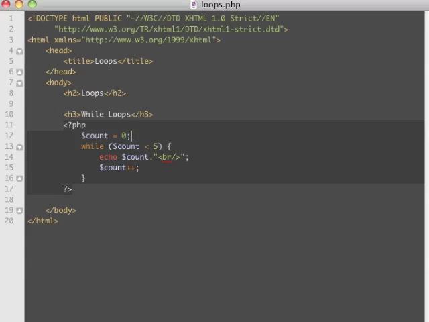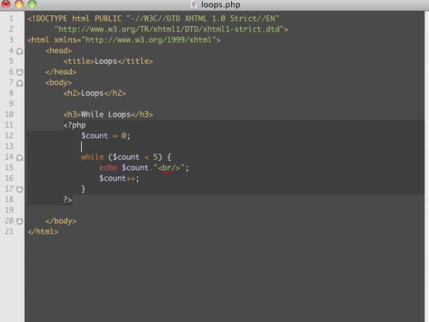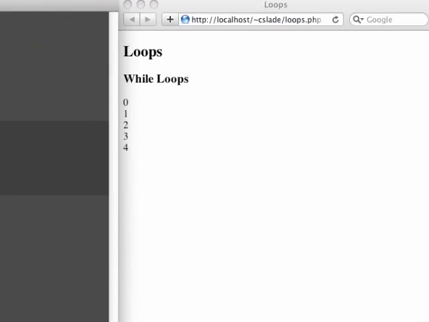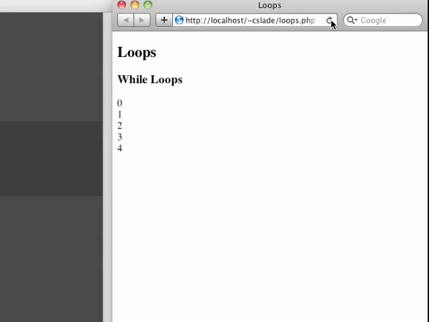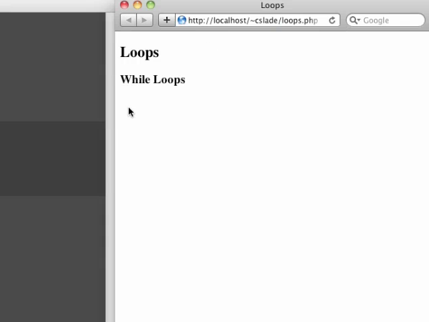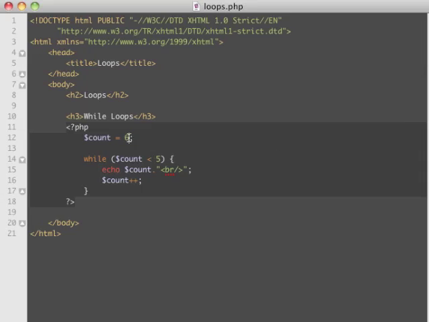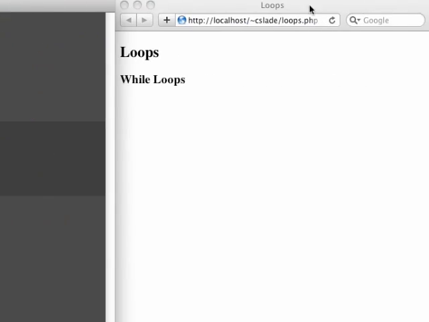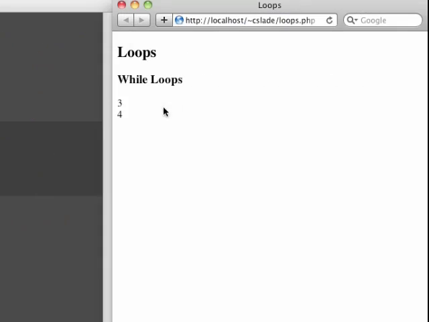So hopefully you remember these while loops from your 101 class, but just to review, this right here is a condition that we're going to check to see if we do the loop. Now, I could start the count off here at 6, and then when we do this condition, we'll see that 6 is not less than 5. So we won't do the loop at all. And as you can see, everything disappeared. But if the count starts off at, say, 3, then we'll do it for 3 and 4,